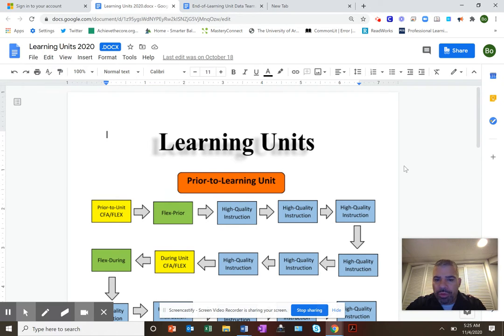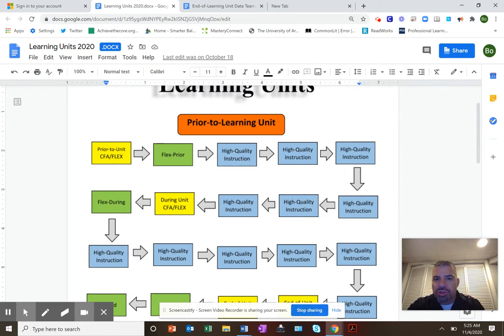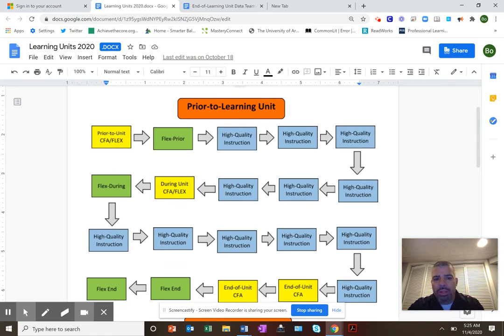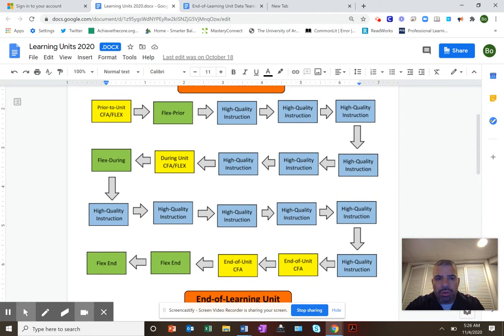So quickly, here's a review of our learning unit where our teachers meet. They plan out the month. They put some assessments in the month to make sure kids are learning. We have flex days where we stop instruction, we review, reteach, allow more time and support, or give extension or enrichment work. And here it is. So here's our learning unit schedule.